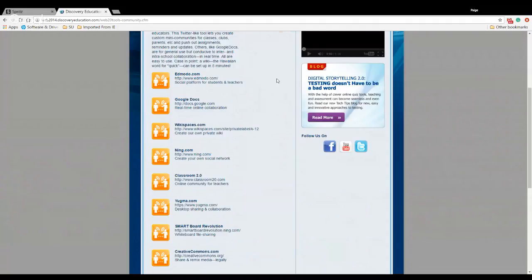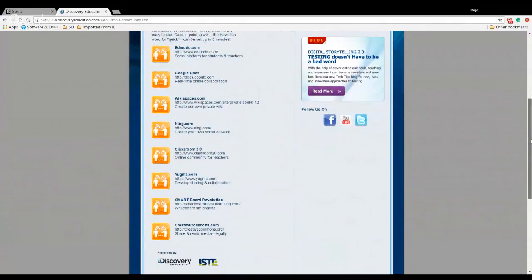So it's very beneficial to have that in the classroom. Google Docs is great for group work because you don't have to worry about trying to meet up with your group after school, if, you know, your parents can give you a ride. You can just use technology to communicate with each other at the same time by writing on the same Google Doc. You can also create private wikis for your class, and there's Smartboard Revolution, Creative Commons,